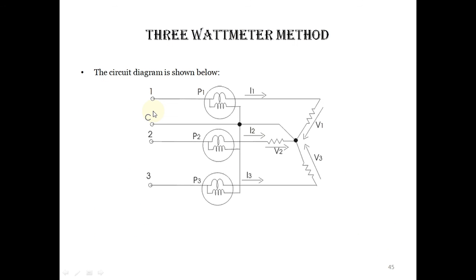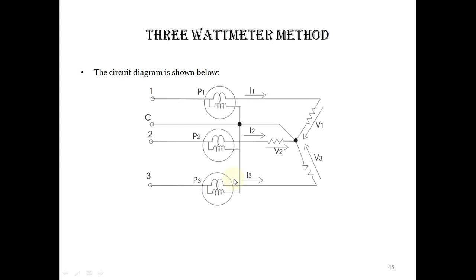So this is the scenario that I was talking about. 3-phase 1, 2, 3 is the 3-phase, and 4-wire 1, C, 2, 3. C is your common point. Okay, so you can see that in line 1 one current coil is connected, in line 2 another current coil is connected, in line 3 another current coil is connected, and one common line is there from where each and every phase has a pressure coil across it. Okay, from 1 to C, 2 to C, 3 to C. And this is a star connected load.